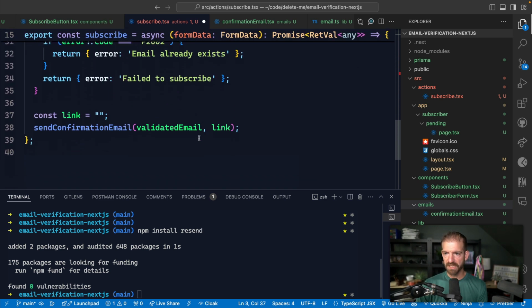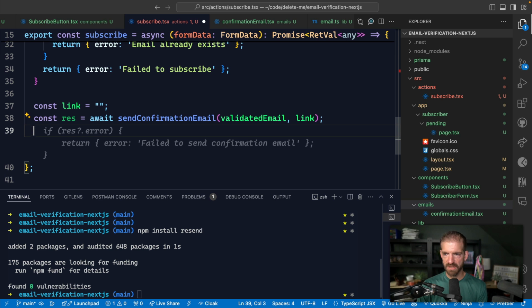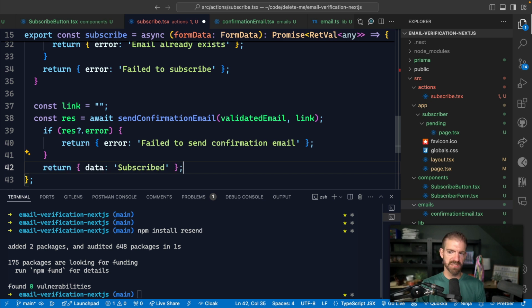We will come down here. We'll create a link, which we'll do in a second. We'll get back a response. And after we send that, we can check the error property on the response coming from email. We'll send back an error message that says failed to send that email. And then lastly, if that's not the case, we can just return back a data property of subscribed, and we can say,